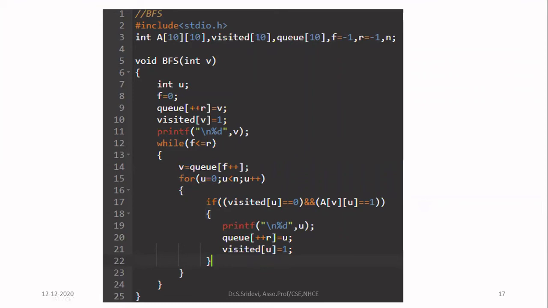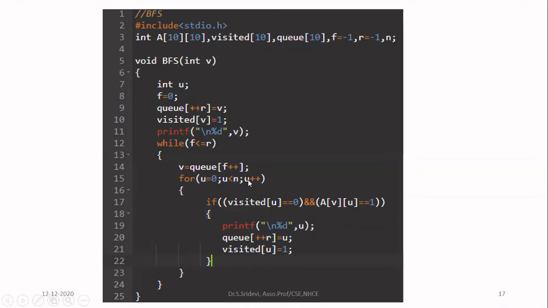Now, what we are going to do with respect to this node? We have removed the node from the queue and we have seen that we need to follow 3 steps. For all the neighbors of the node, you have to check whether the neighbor is visited or not. So I have to check all the neighbors. When I explained in the diagram, I told you to check the neighbors in alphabetical or ascending order. I don't know which are the neighbors of the given node, so I have to check with the help of the adjacency matrix. So now I'm going to check all the nodes in my graph, and for that I'm writing a for loop. The index of the for loop is from 0 to n minus 1, because totally I have n nodes. So for u equal to 0, u less than n, u plus plus.